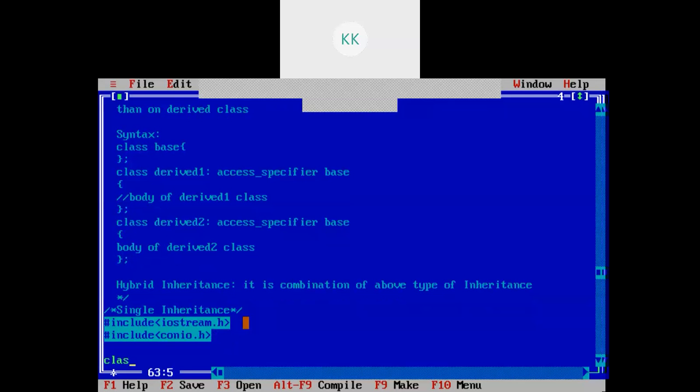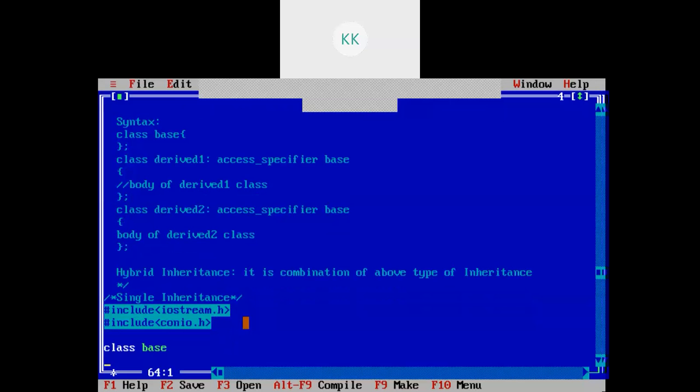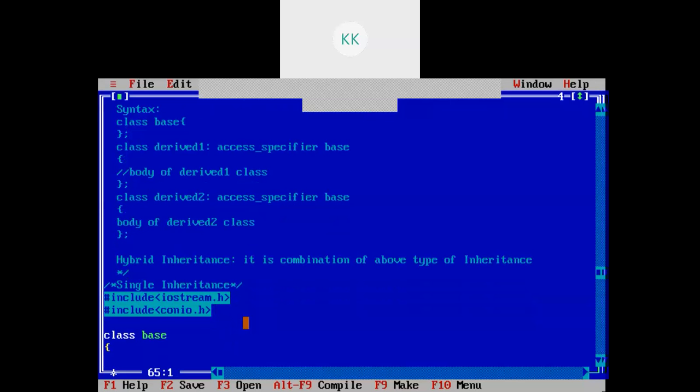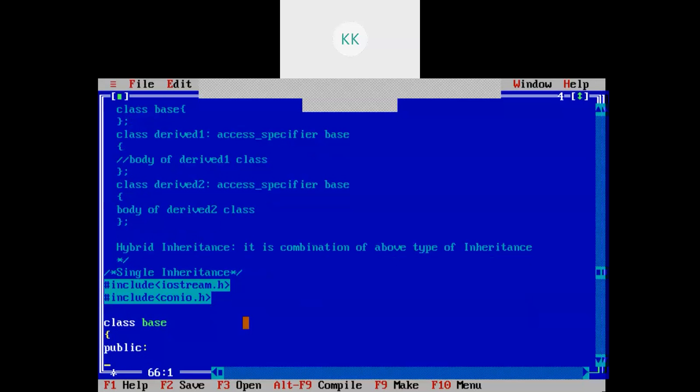Then we will write class base, the base class, wherein I can use some function.